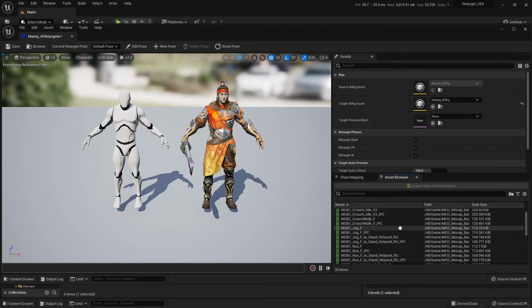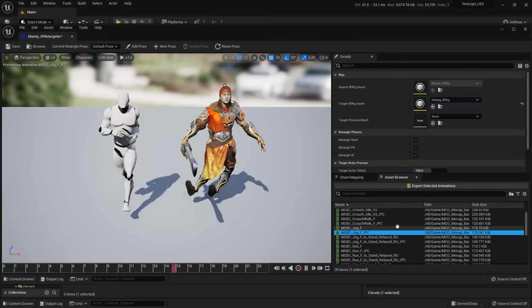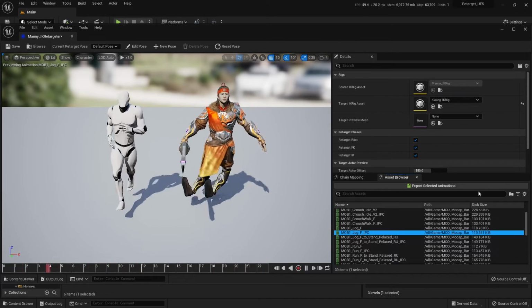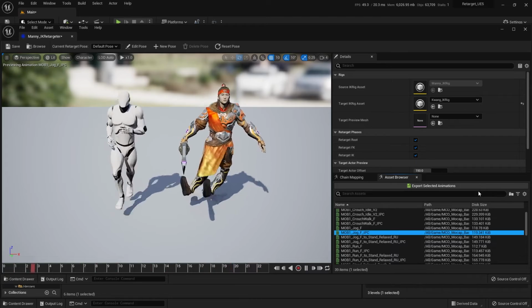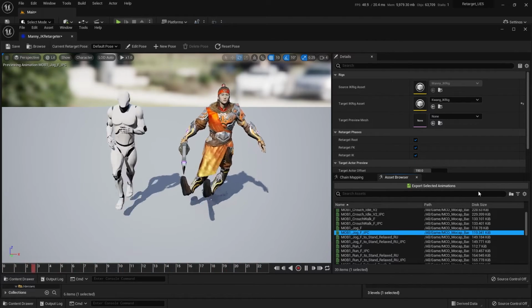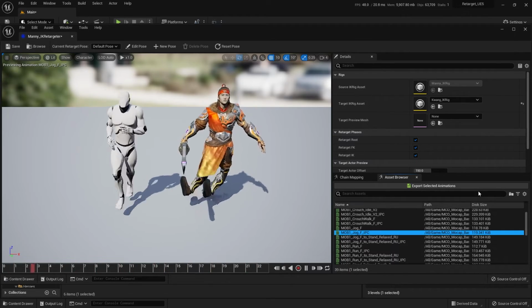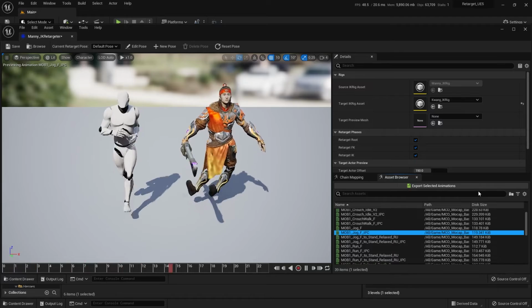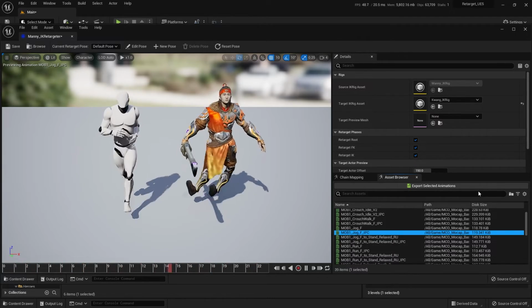So let's go straight to jog in place and see what happens. So I'm going to double click to do that. We've got a problem here. We've got a few problems. It's kind of working, kind of, but there's also some big problems going on. So if I had matched the names of my IK rig chains exactly, this wouldn't be a problem, but